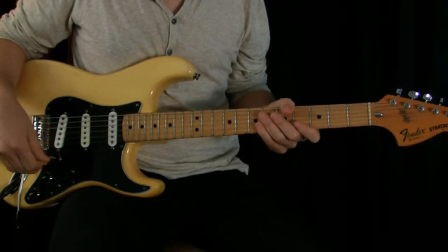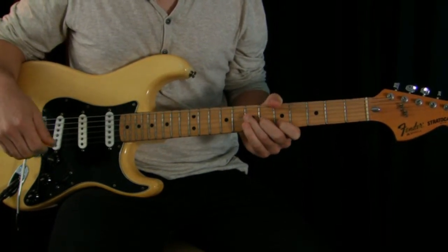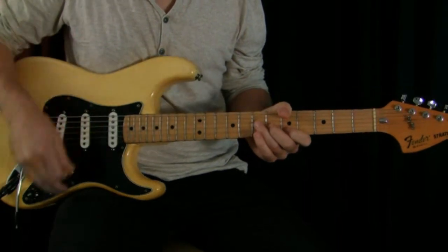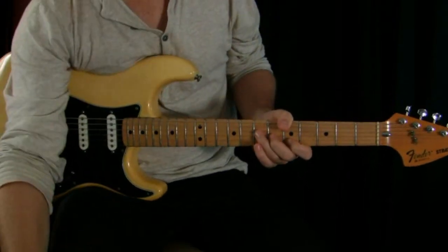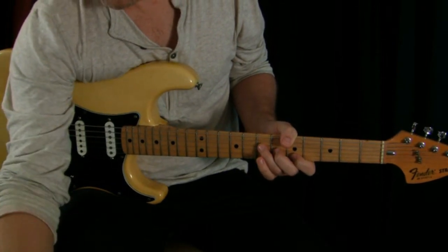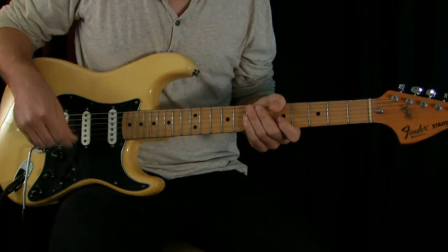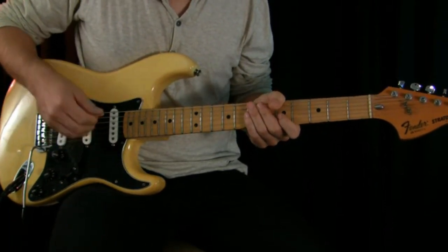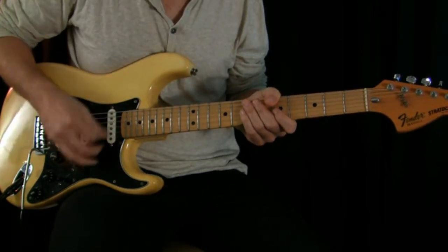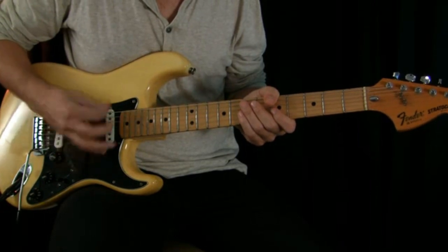Alright, so with the same approach with the right hand, the 16th notes, we can do some tricks with our left hand which will trigger the delay to give us some cool subdivisions of the beat, and it's a really nice effect. So with the click track, make sure we're in time. 16th notes muted on the right hand. 1, 2, 3, 4. And now